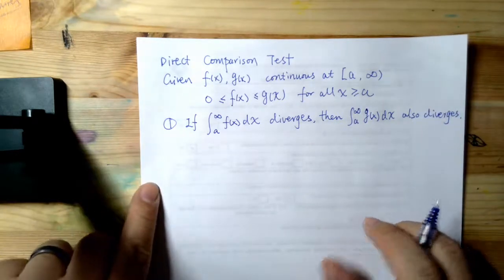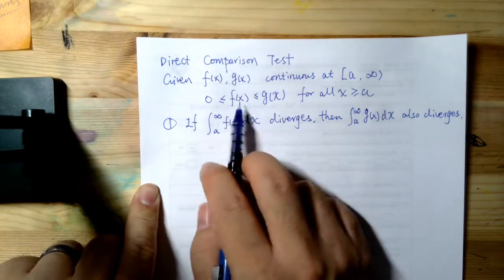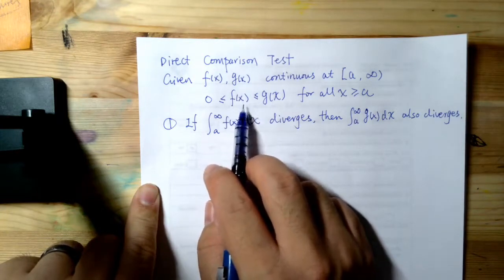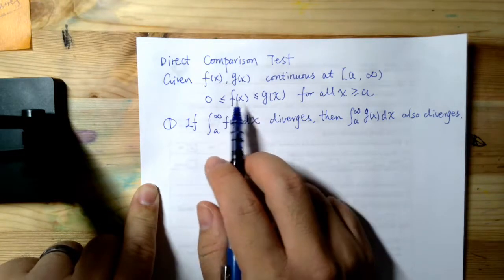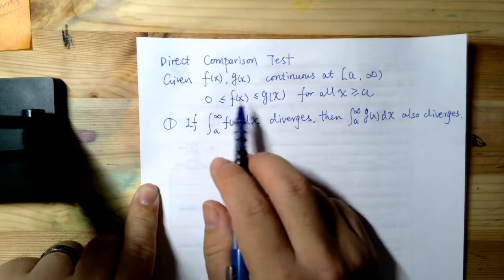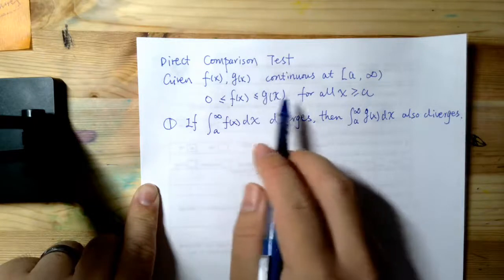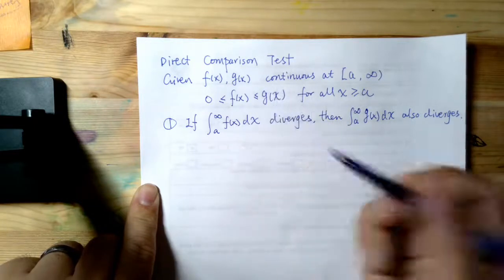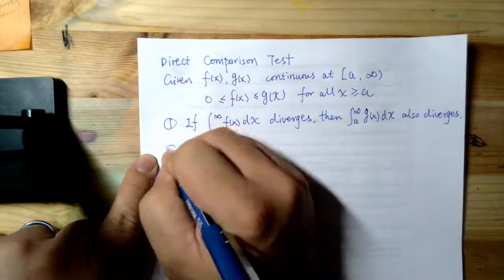In other words, if the smaller one diverges, you can think of it as unbounded, kind of like a blowout, then the larger one will also blow out. Okay, so this is one, and two,